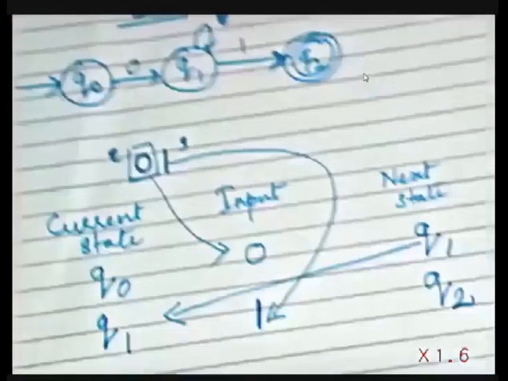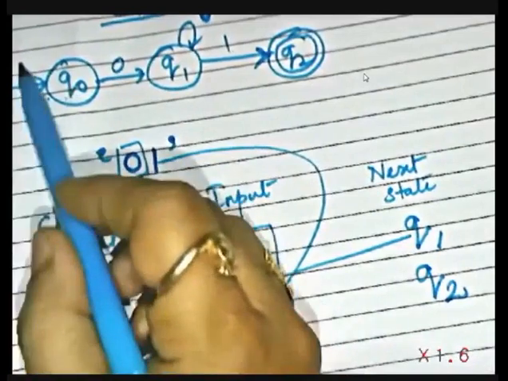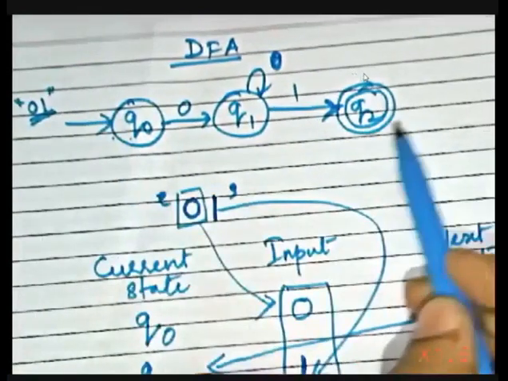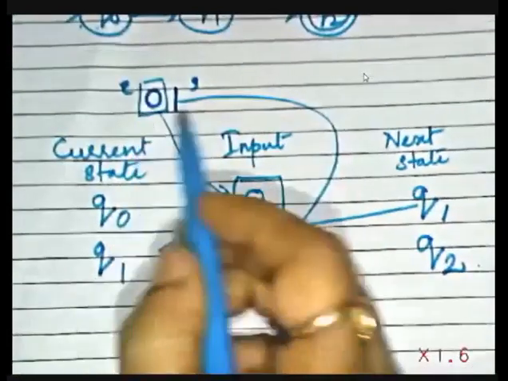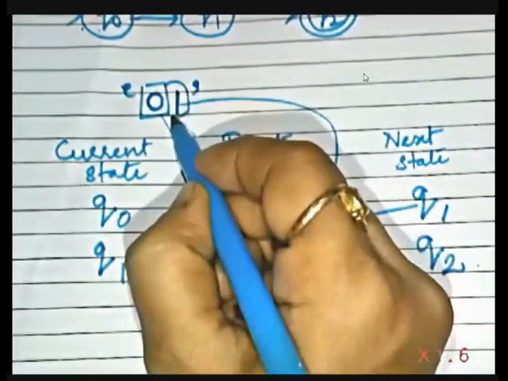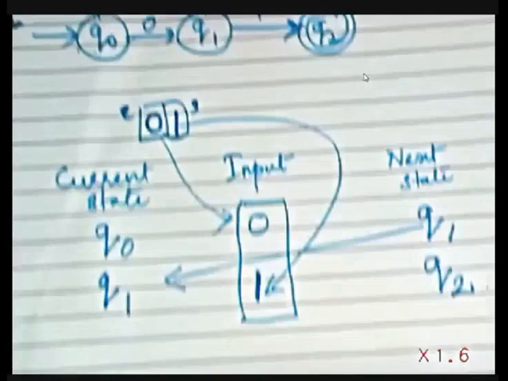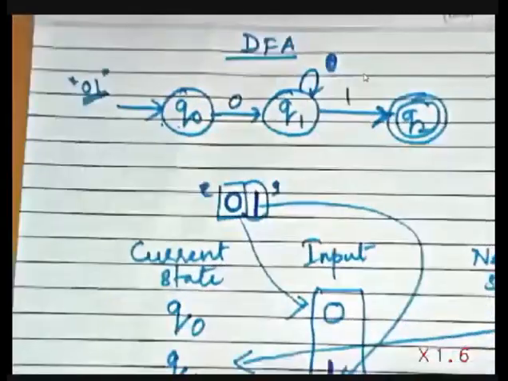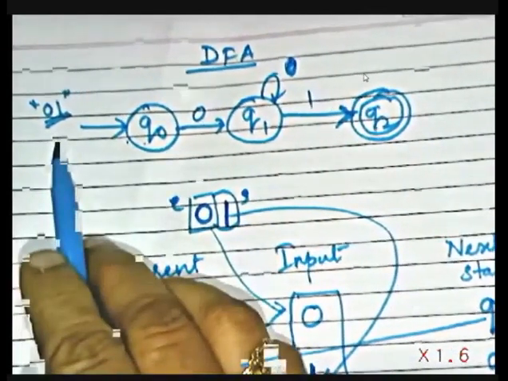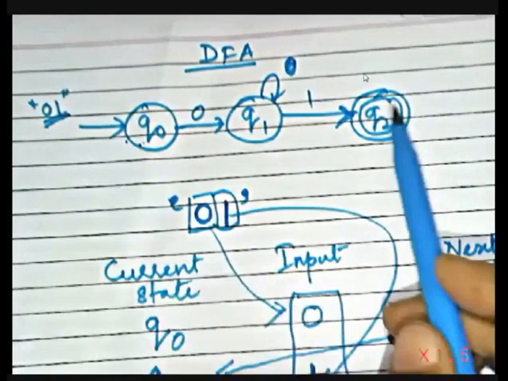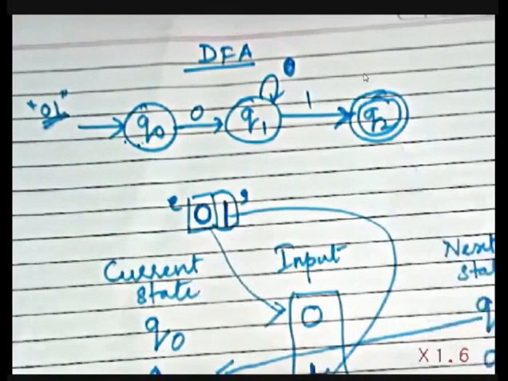That's why I can say my total string is also read. I have read the total string 0, 1, and I have also reached the final state. So this particular string 0, 1 is acceptable to my finite automata. Is it clear? So how do you check whether the given input is acceptable to a given finite automata or not? If you give the input and, reading all the symbols in the given string, you reach the final state from the initial state, then it is acceptable.